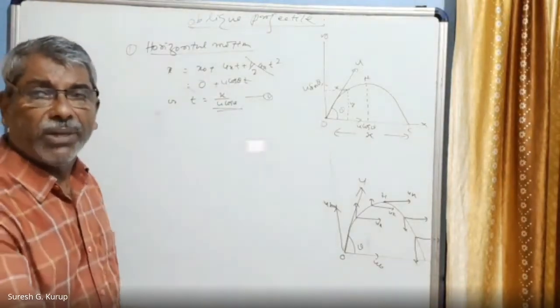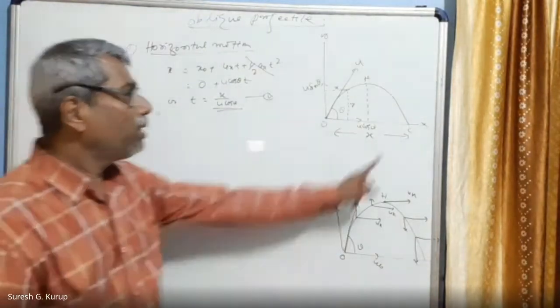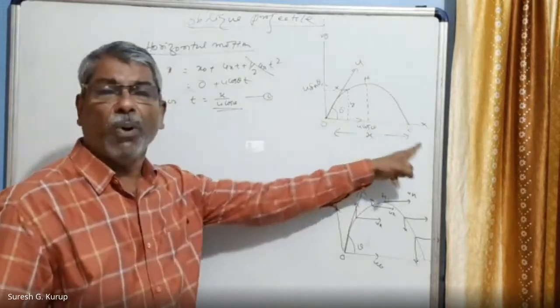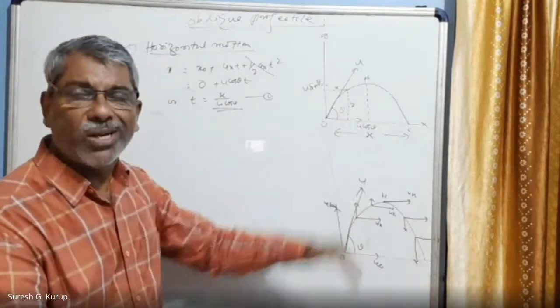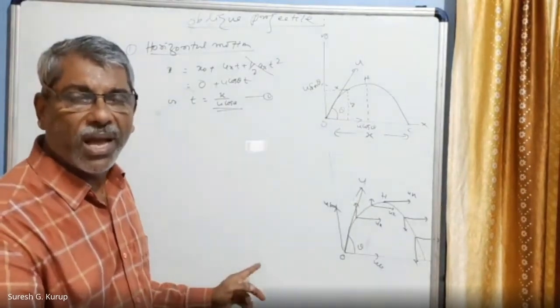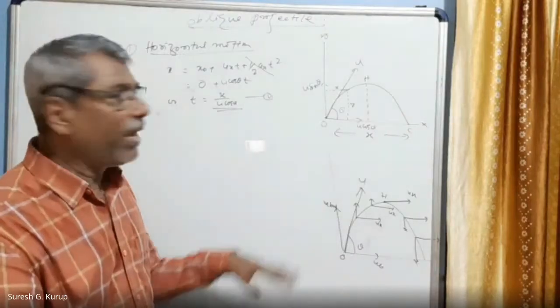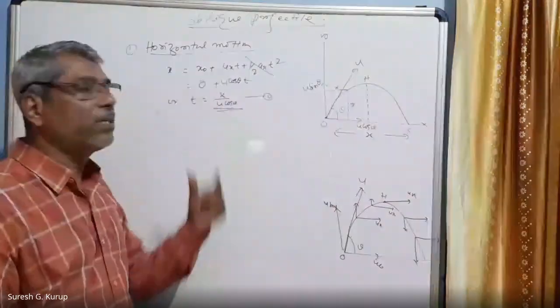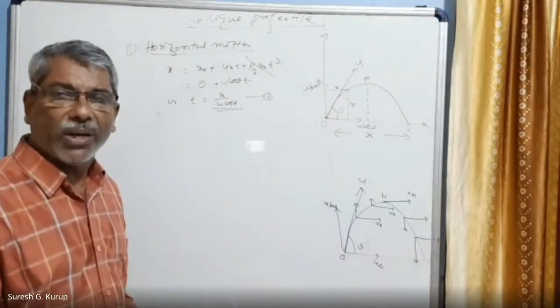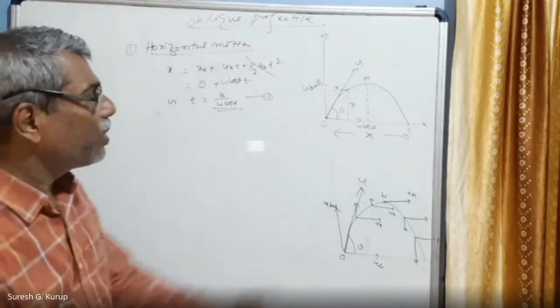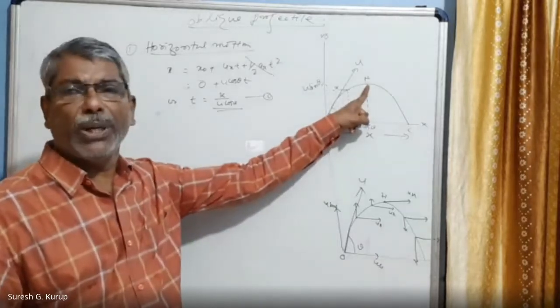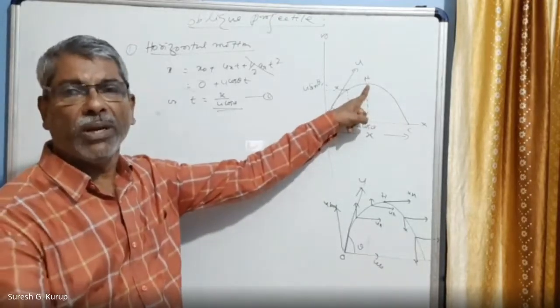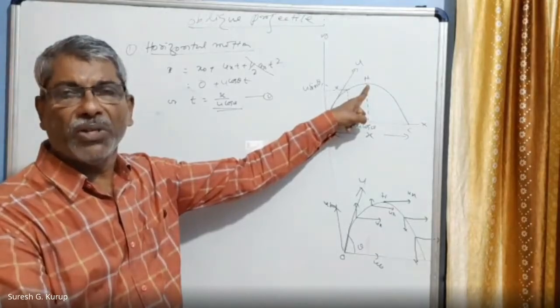So this is a very important term in this. That means time taken by the body to reach the maximum range from the point of projection. The horizontal distance traveled by the body is x, and this x the body will cover in a time t seconds. That t is given by x by u cos theta. Am I correct? These are the things I want to tell you. So at the highest point of the motion of the body in the oblique projectile condition, what is the velocity at this point?